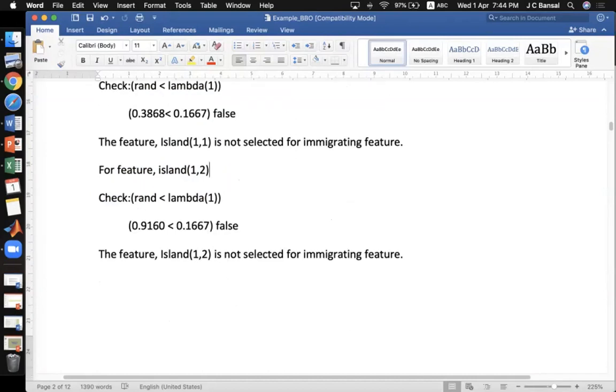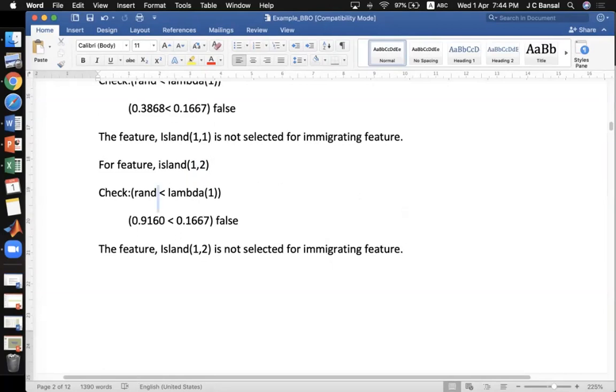Now for the feature island 1,2, the first island's second feature, we will again check with the same lambda 1, because it is the same lambda, same island, first island second feature. Remember, out of these two coordinates, the first is for the island number and the second is for the dimension or the SIV. There are two features and 5 islands, remember.